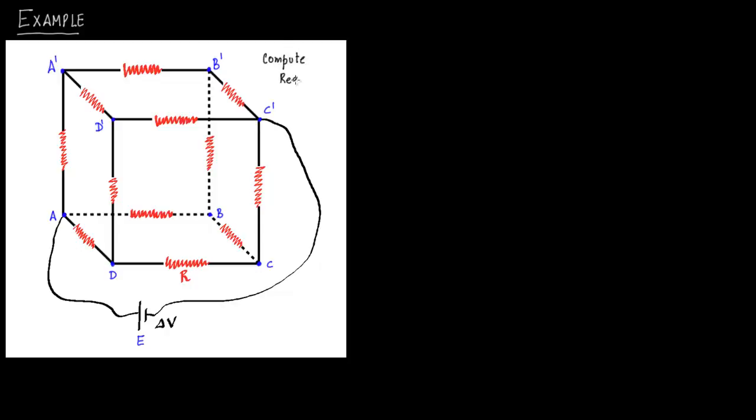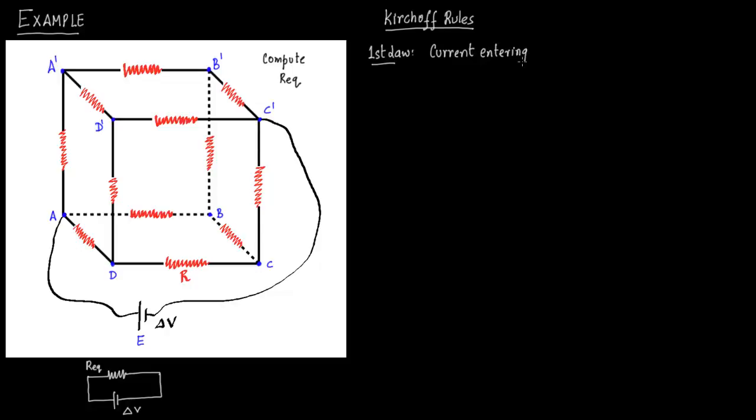For such a purpose, we have to use Kirchhoff's law. There is no other way around it to compute equivalent resistance. So basically we want to reduce the above diagram to a simple circuit like this. To compute the resistance, we cannot reduce this to resistance in series or parallel. So we have to use Kirchhoff's rule. The first law we will use is that the current entering the junction is equal to the current leaving the junction.